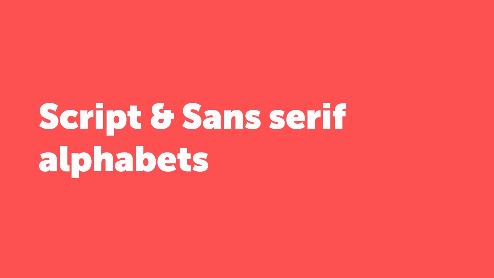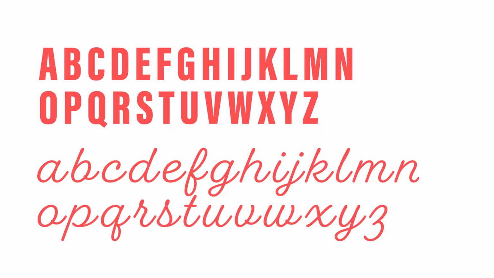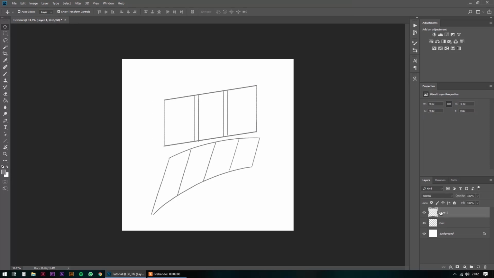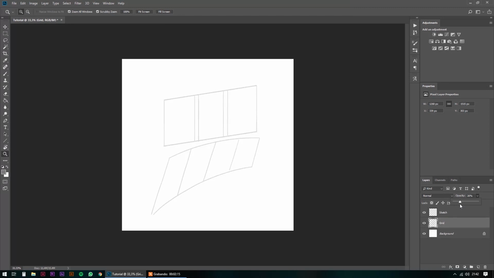Now, for the second step of this tutorial, we will need to use a sans serif and a script alphabet references to work on. You can use this that we provide to you. You can download these files to use as a reference, or you can use any font that you have already on your computer that you feel comfortable with. Now, back in Photoshop, I will create a new layer and I will name it sketch. I will also drag the opacity down of my grid layer to work comfortably, and I will select my brush